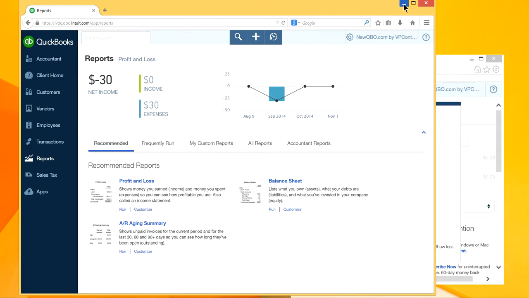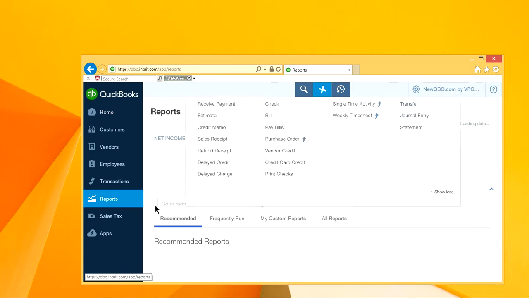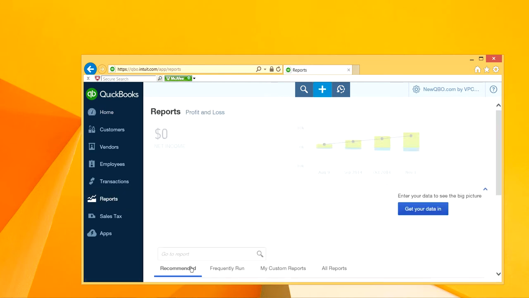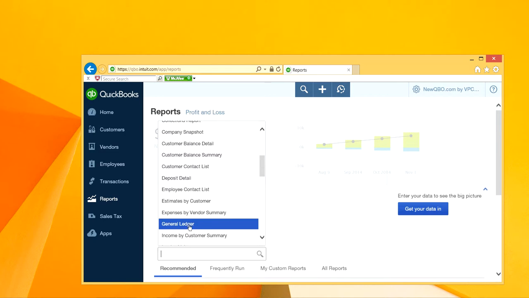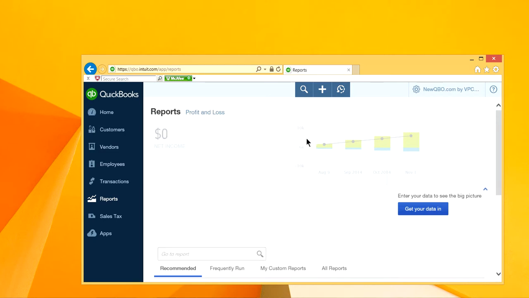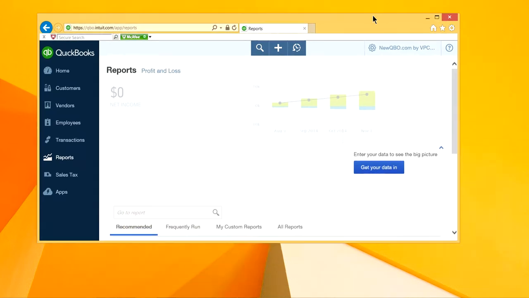So as you can see here, if you go to reports in here, this is the Essentials one. You will see general ledger in here. See general ledger right here. So if that's important, then you will have to select this one. Okay, so let's move on to the